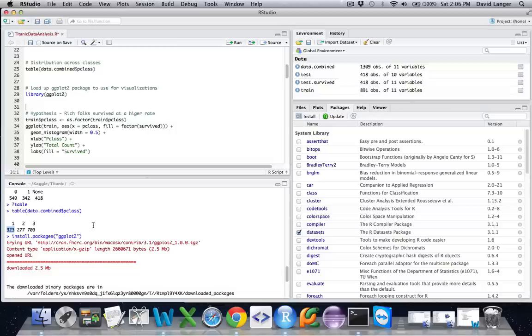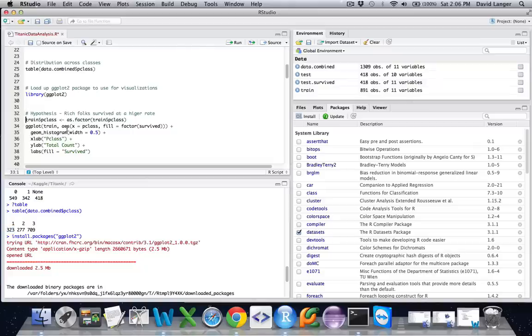And typically what happens is that the more you pay for your room, the higher up on the ship you are, which also tends to make you closer to the lifeboats. So it'd be interesting to see, hey, did rich folks, that is people who were in higher classes, have a different survival rate than those in the third class, those people who were lower in the boat? So we can go ahead and test that.